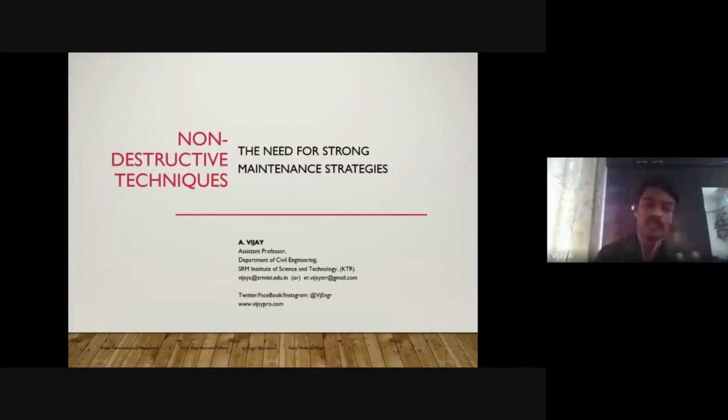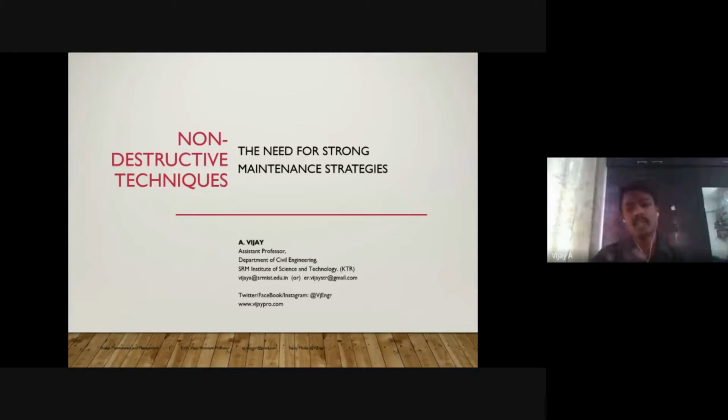Okay, on a bridge you go and take note of the various deterioration mechanisms like corrosion, effects of scour, and spalling of concrete. So you are not going to disturb the structure, and you take note of all the records and collect the data. So that is also an NDT method.